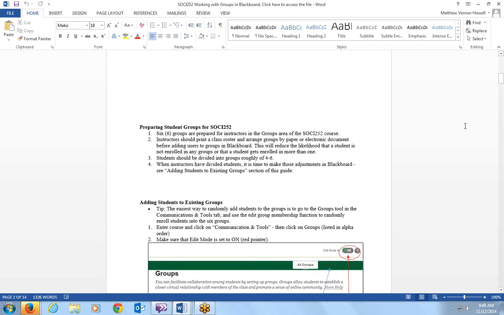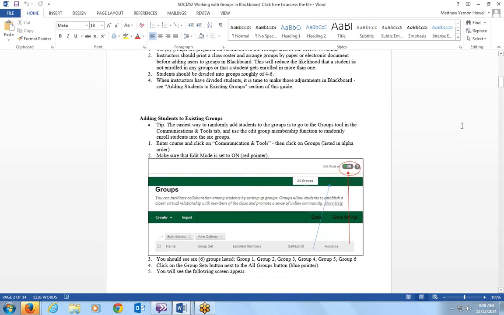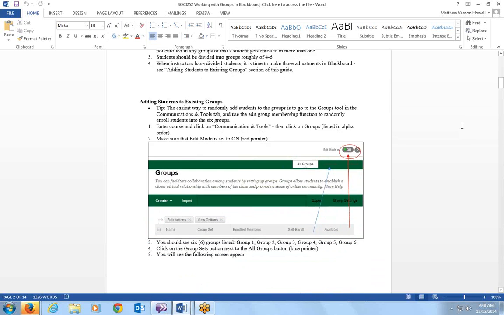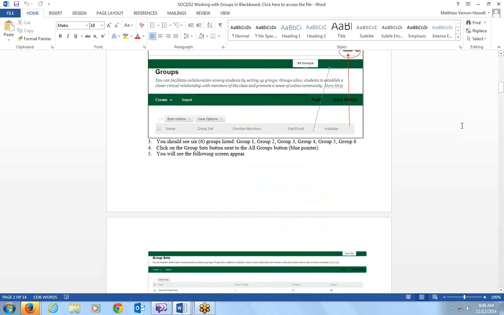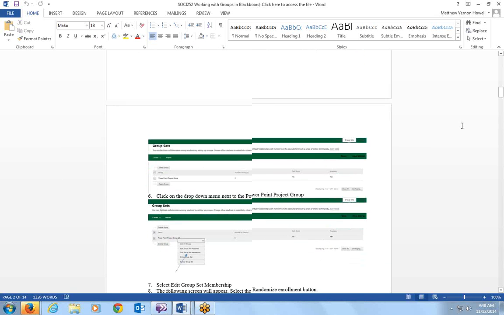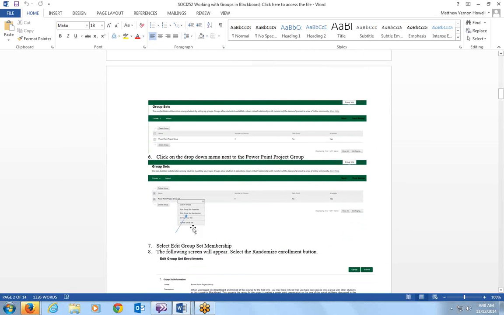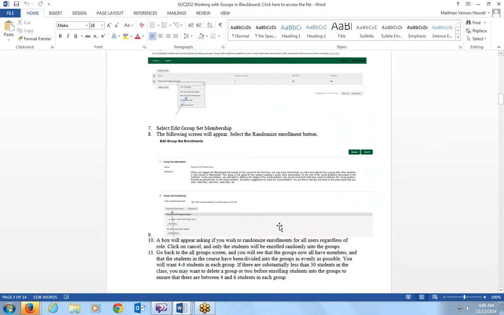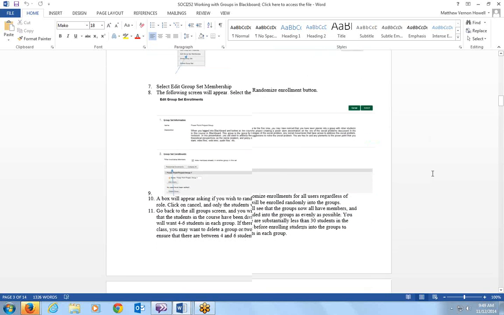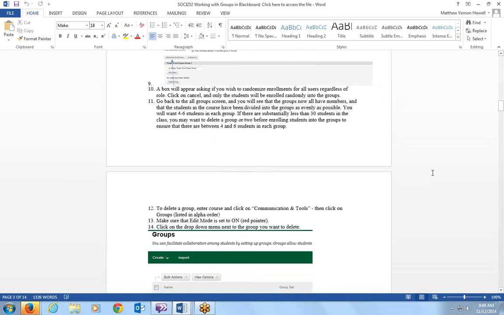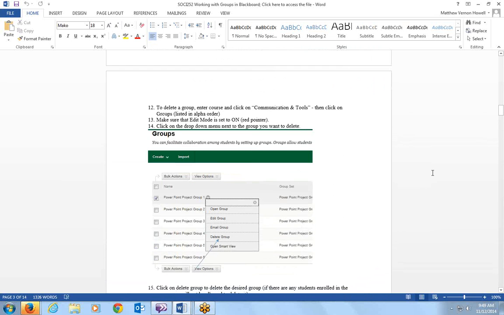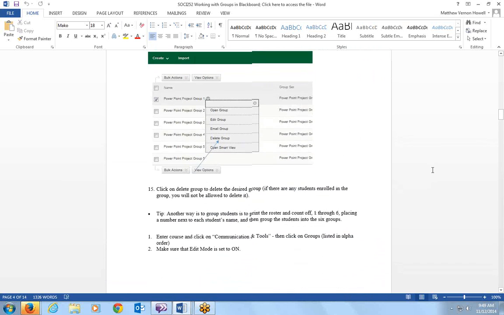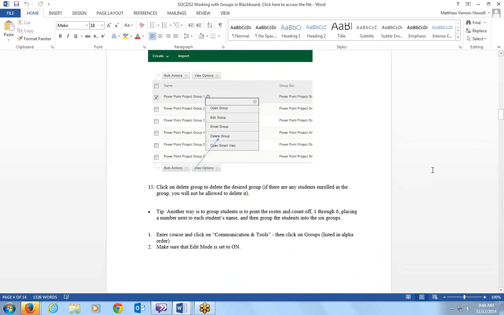Sarah provided me with the original document to adapt, but it shows how to go in and edit and actually add the people in. Group membership, and then there's a couple steps in there, but I've provided a pretty detailed guide, and then if they need to delete a group,